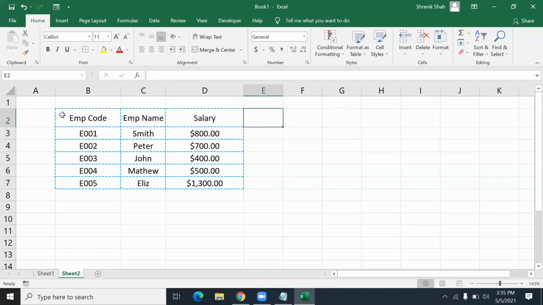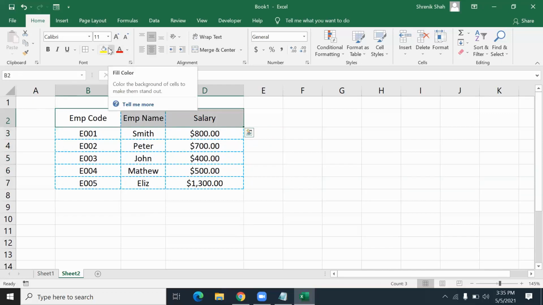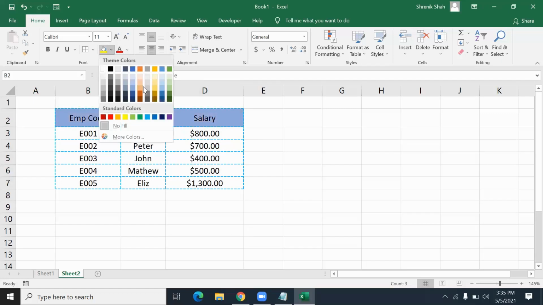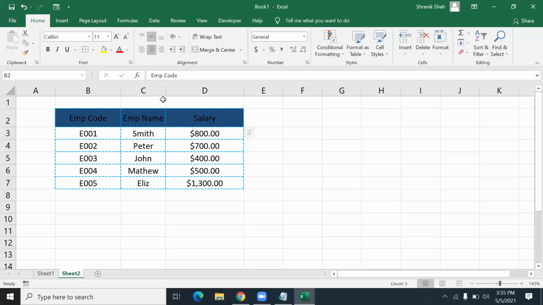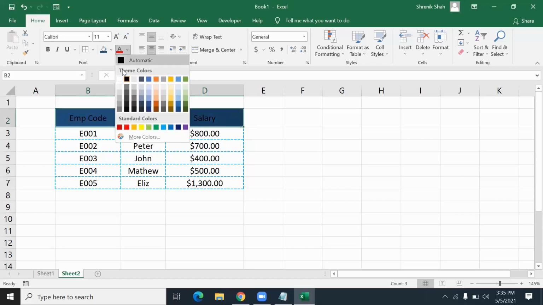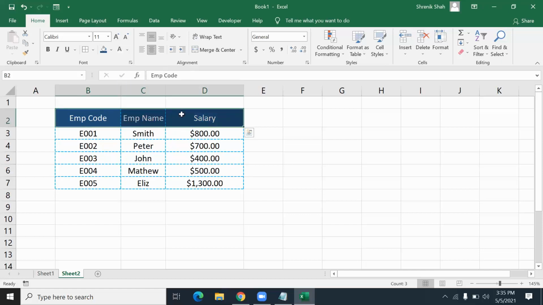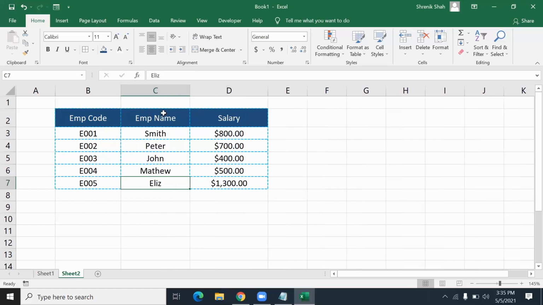One more point I'd like to tell you, the background color. I select the heading rows, then here you are given a color called fill color and from there you can select any color. Let me select this one, the blue accent 5. The text color I want to change to white. I click this option and I click white. So it's a white color. Also, I want to add some more space to this second column. So in between the two columns, I click and drag the cells. So it's increasing the column width.